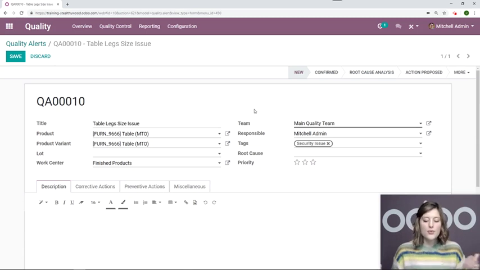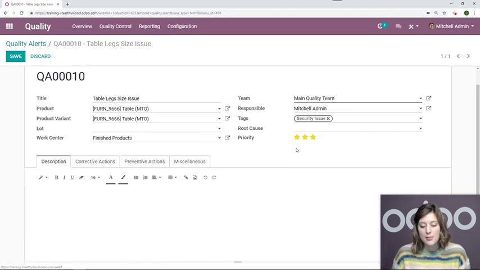Okay, because of course, if my table legs are not the correct size, this could make the table itself not stable, which could cause a security issue. So because of that, I'm going to also say that it's a top priority. So I'm going to edit that right there. I'm even going to add a description saying